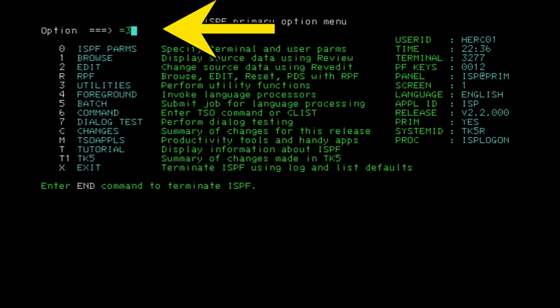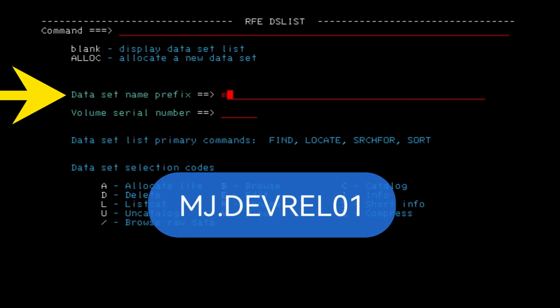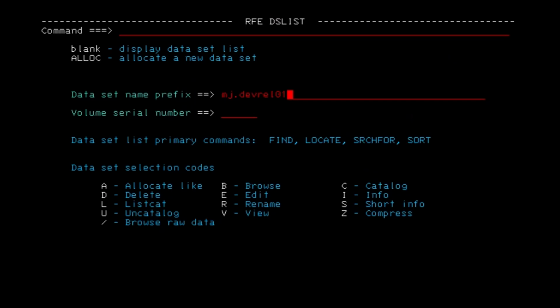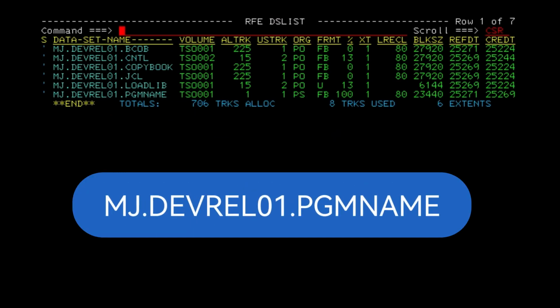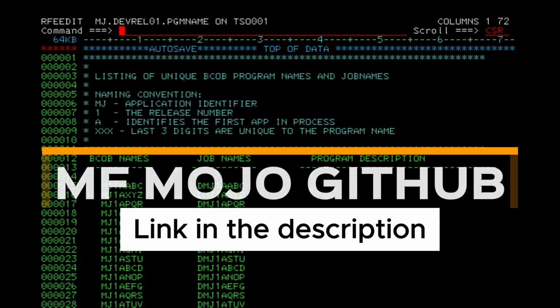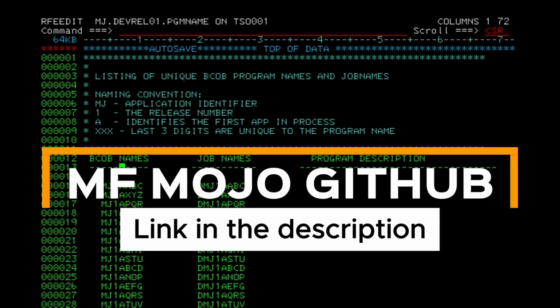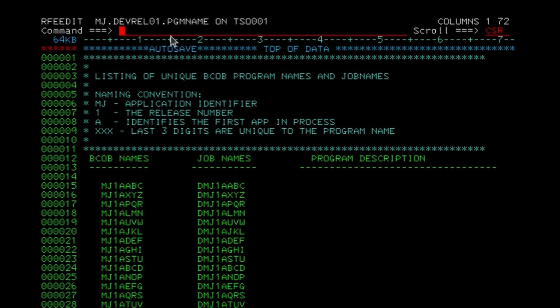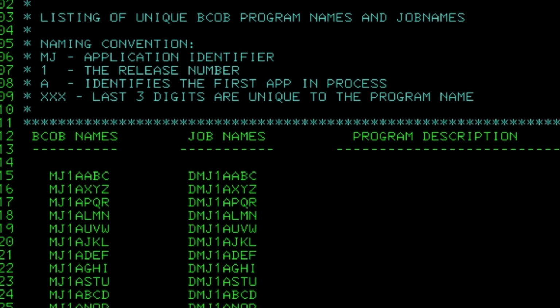So I go to option equal 3.4, type in MJ.DEV.RELEASE01, hit enter. I have a sequential dataset named PROGRAM.NAME. So I do an edit on this file and hit enter. You can grab a copy of this file from the Mainframe Mojo GitHub. Here are unique names for COBOLs and their matching job names. So we'll use